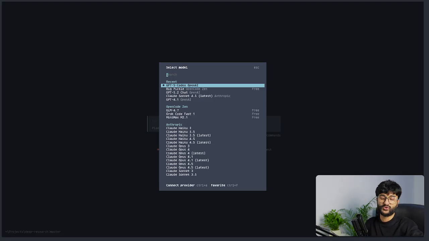So if I want to use GPT-5, for example, I need to go to OpenAI. I need to create an API key. I need to feed that into OpenCode, and that grants me access to the GPT models. But the way that it's costed is OpenAI has this on their platform. The cost of calling their LLMs via the API